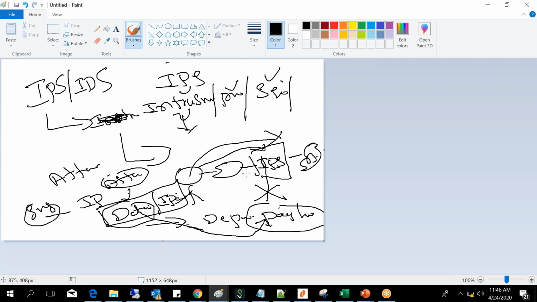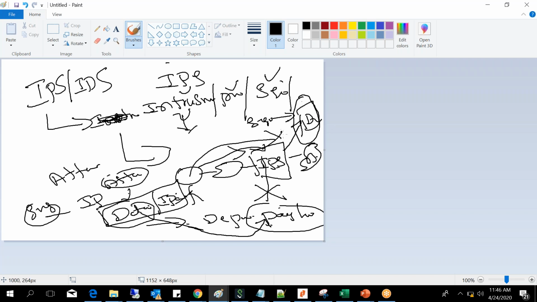Whenever the same attacker tries to attack your network, the IPS has the database. Whenever traffic comes here, that traffic will be checked against the existing database signatures.